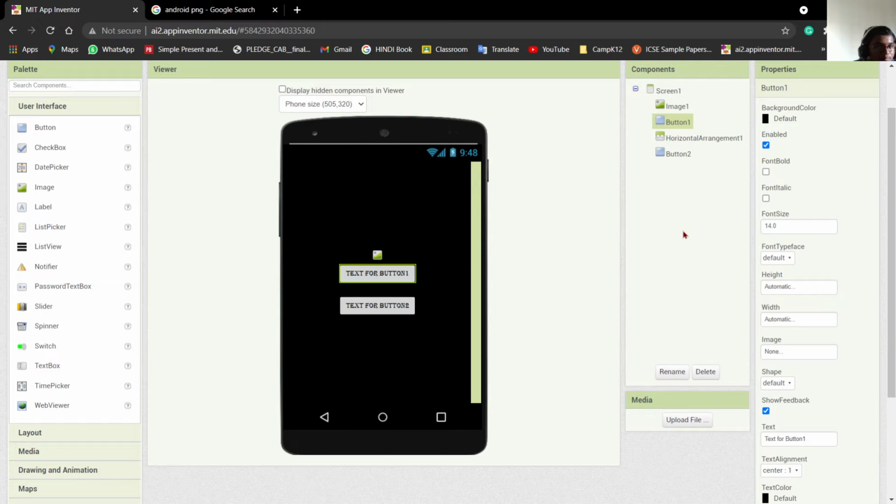And for the buttons, I will keep the text font italic and bold. The background of the button will be blue, the font size will be 20, and the style of the text will be serif.